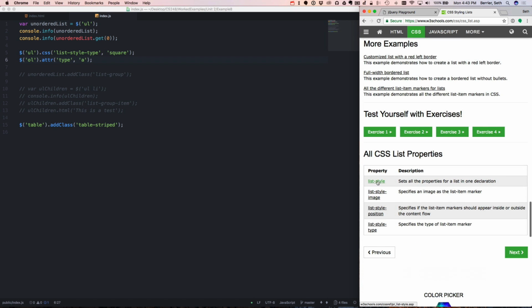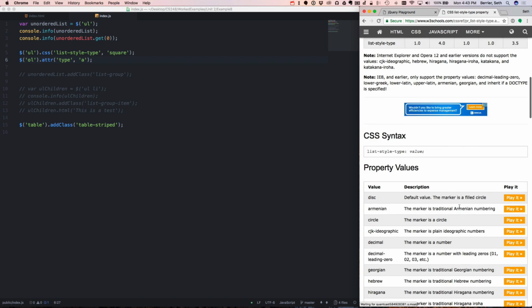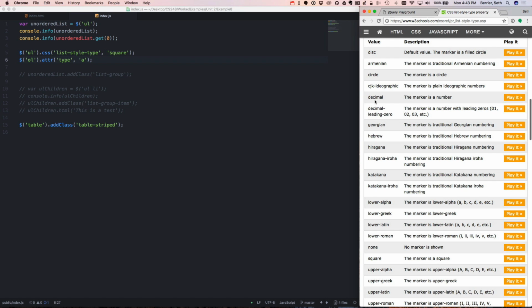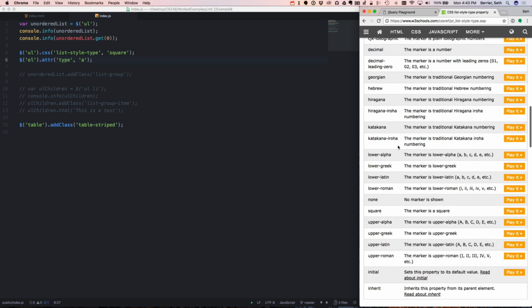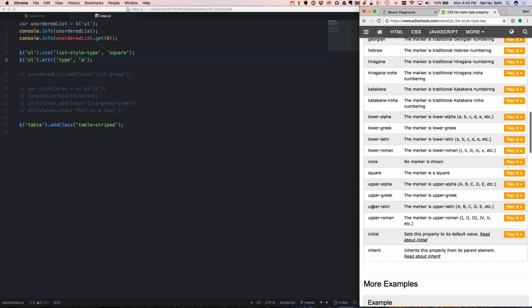CSS list properties. So, list-style-type. What are the different types that are available? Here they are. Of course, there's a million of them. Disk, circle, decimal, decimal-leading-zero. Oh, nice. And what else do we have? Upper alpha, upper Latin, which is basically the same. Upper Roman,